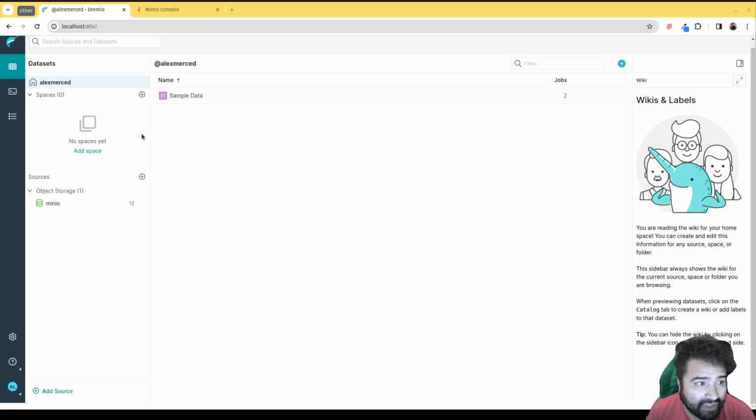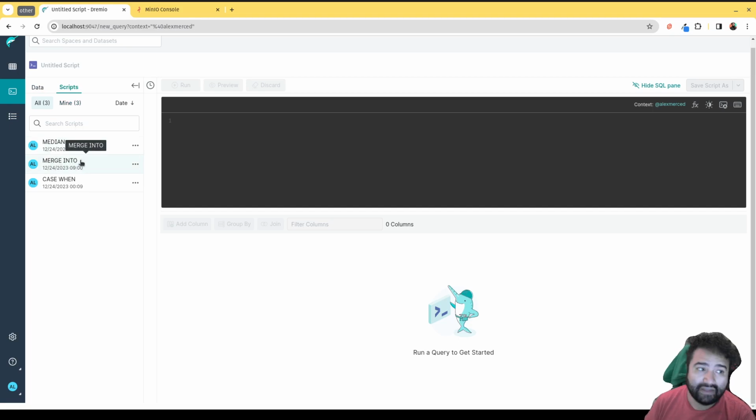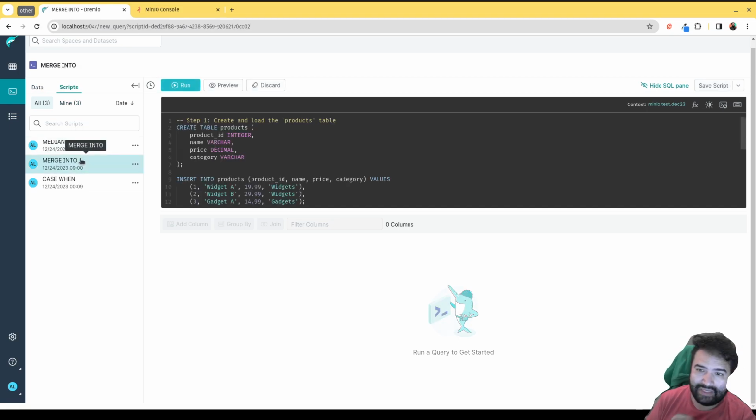Today we're going to be going over another bit of SQL here in Dremio. So let's take a look at my scripts, and we're going to be talking about the MERGE INTO statement. Now the purpose of the MERGE INTO statement is to,